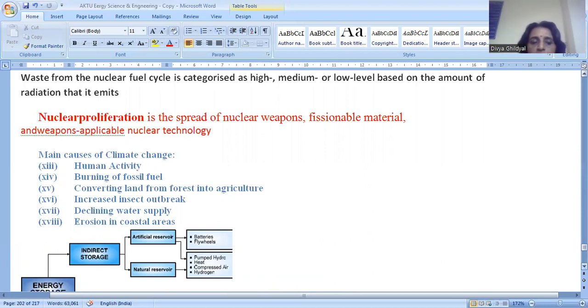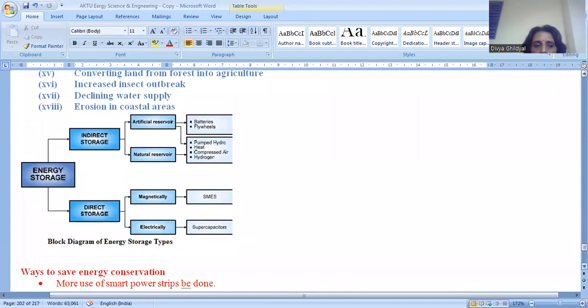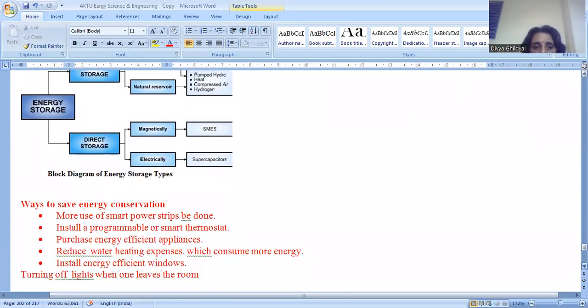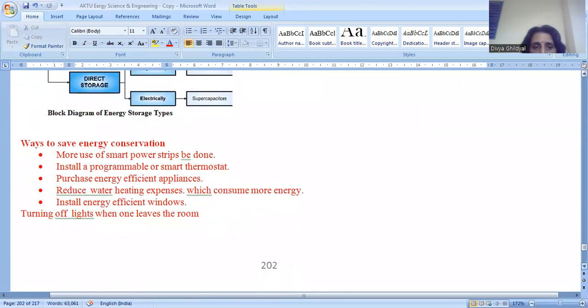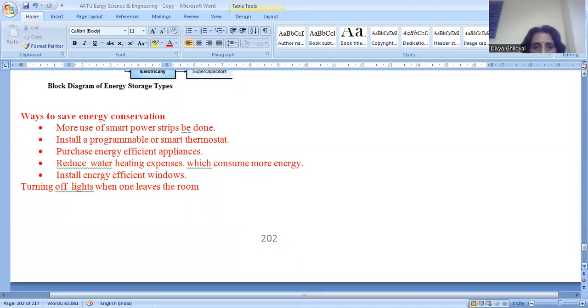Main causes of climatic change are human activity, burning of fossil fuel, converting land from forest into agriculture, increased insect outbreak, and declining water supply. Ways to save energy: use smart power chips, install a programmable or smart thermostat,